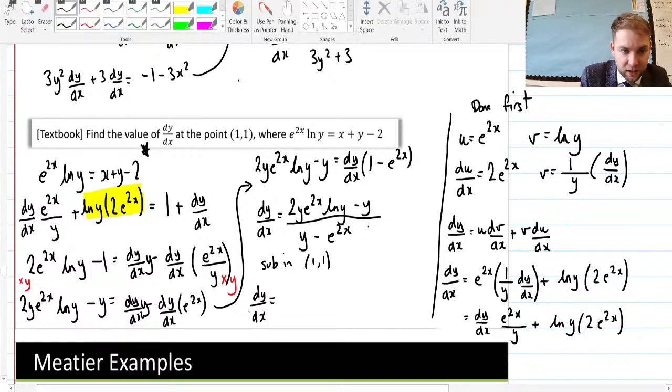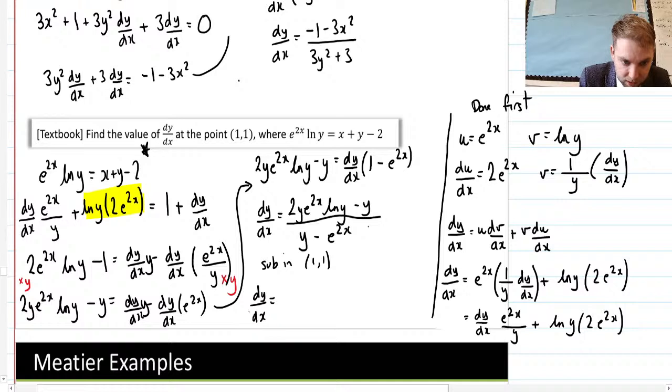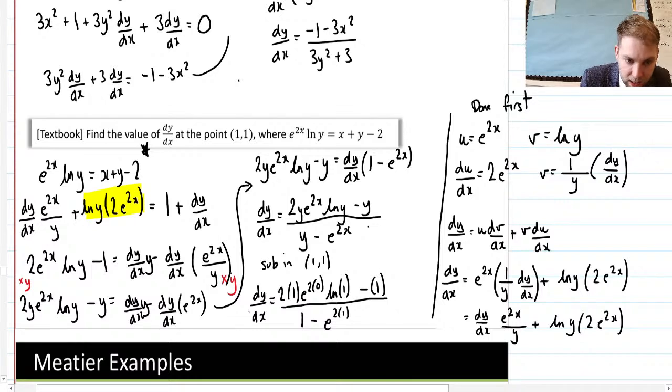Let's sub everything in then. It's going to want the exact value, isn't it? So let's do it. So 2 times 1, e to the 2 times 0, ln of 1, minus 1, all over 1 minus e to the 2 times 1. Now the thing that's nice about this is that because ln 1 is equal to 0, all of this part here is equal to 0. So you just end up with